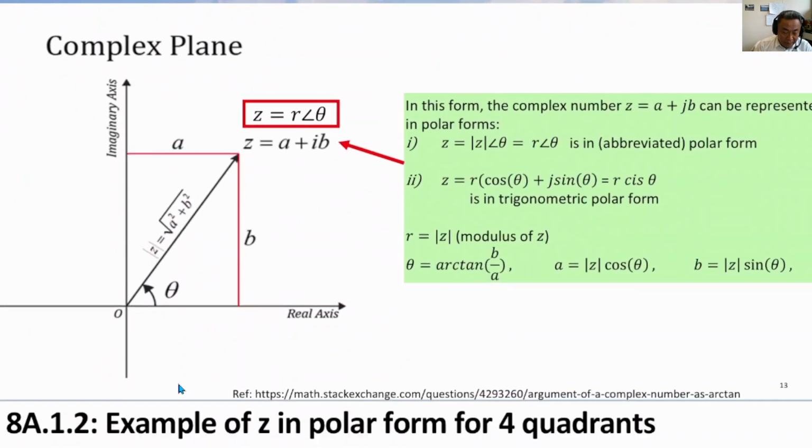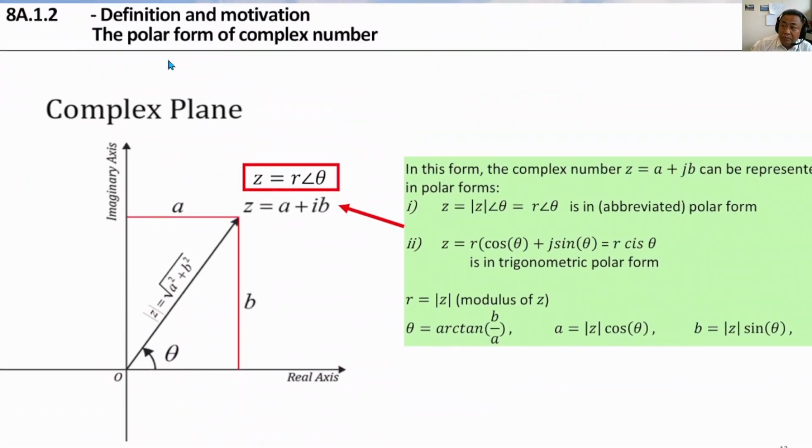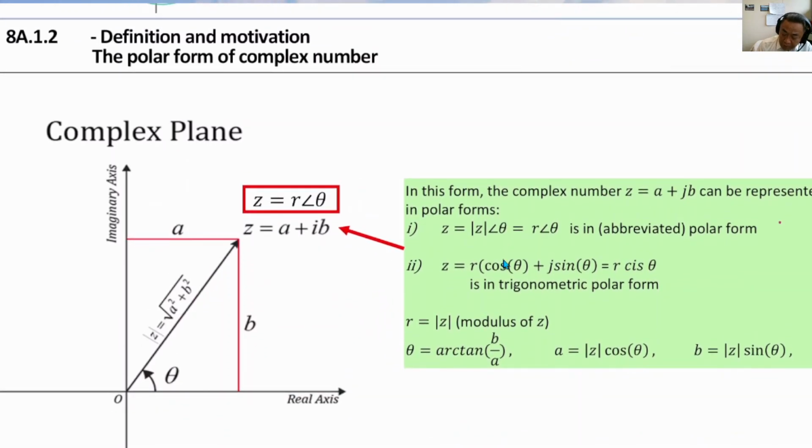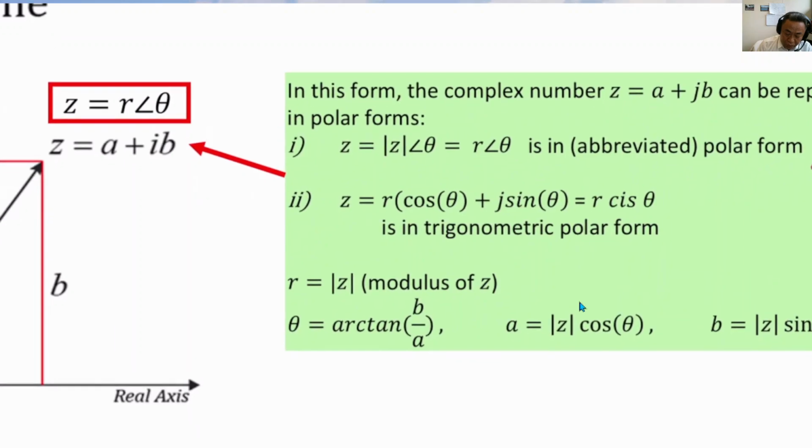So we now summarize the representation of complex numbers in the polar form. We use this notation, Z equals R angle theta, and this form is called the abbreviated polar form. We can also express this in a trigonometric polar form. What do we mean? Well, R is the magnitude, and what is this guy over here? Cosine theta plus j sine theta. Well, you'll realize that